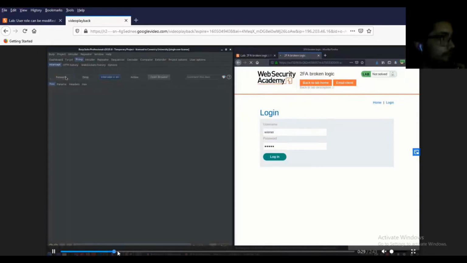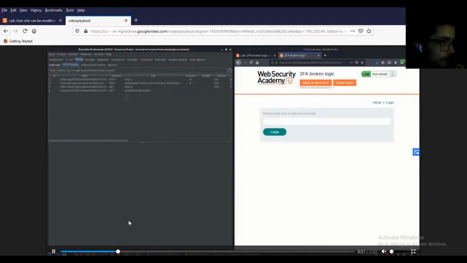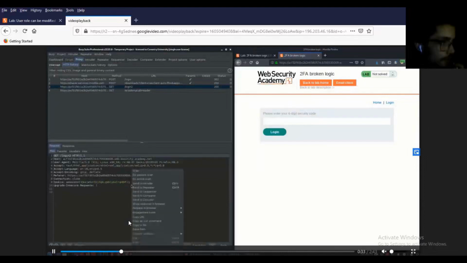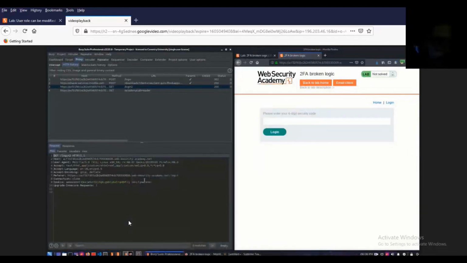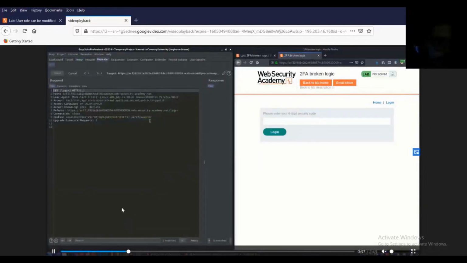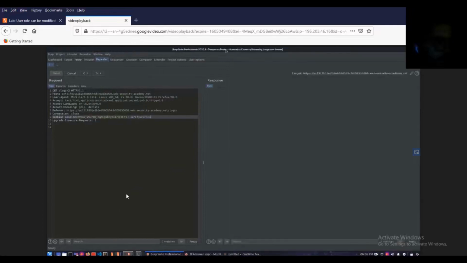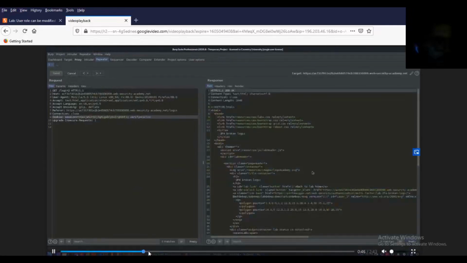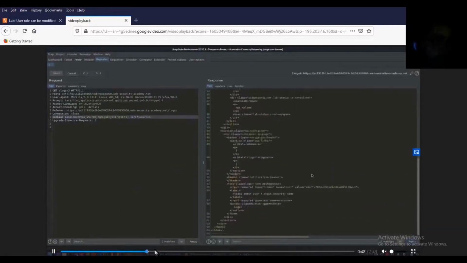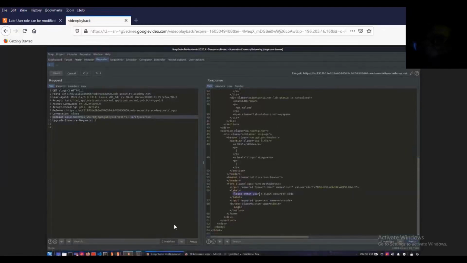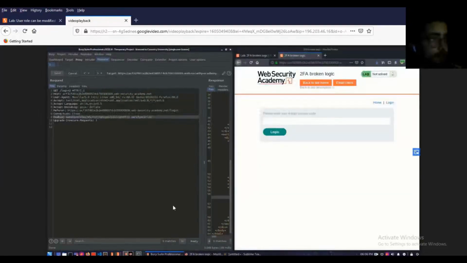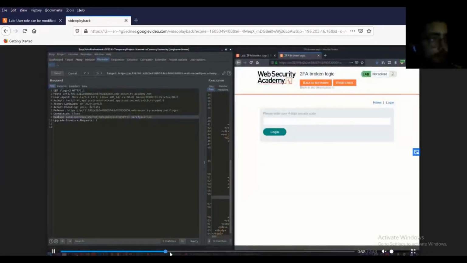So we try to send a request to Twitter to change his name to the victim Carlos's username, and then you see that we need to enter the verification code. So in this step,